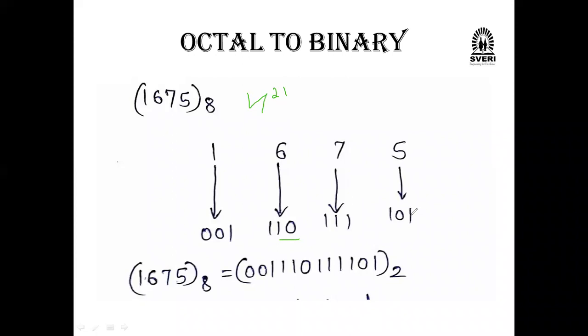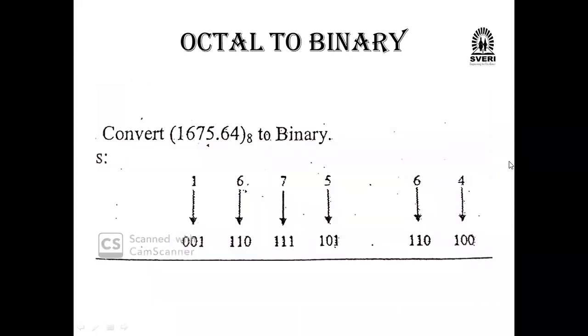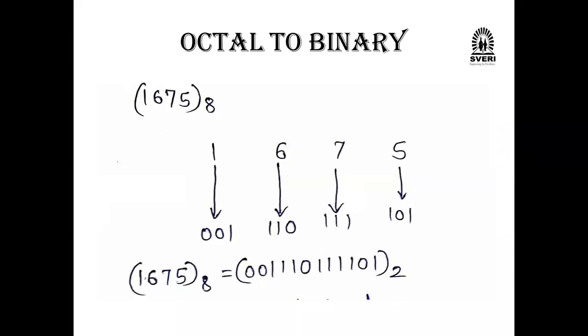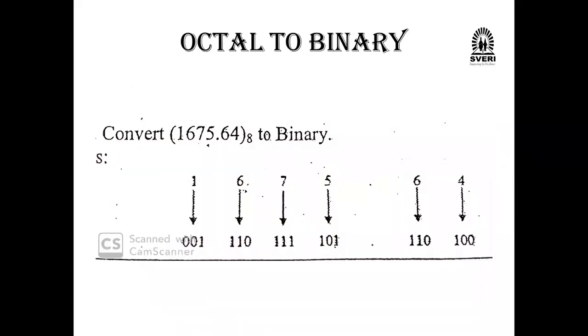If it is in the point में है, point में भी ऐसे यूज करने का. Same formula we have to apply for the point here now. We have to write the octal number. Octal number हमें लिखने का, ऐसा 1 को बाइनरी में कन्वर्शन करने के लिख देने का डायरेक्टली. If it is octal number, see here, 1675 इधर लिखा है. पॉइंट को पॉइंट लिखने का और बाइनरी के 6 को क्या है वो लिखने का, 4 को क्या है वो लिखने का, लास्ट को. These all things point we have to add here now.